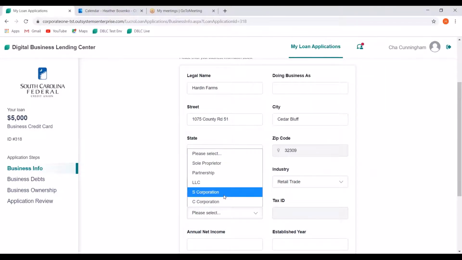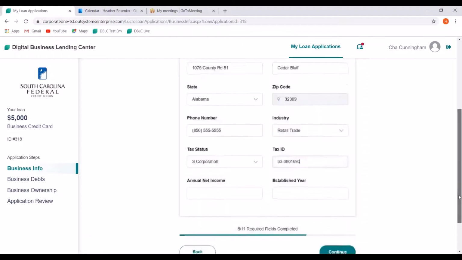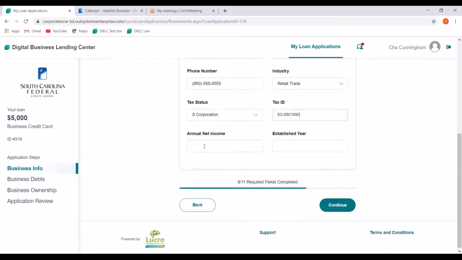Tax status, depending on what you pick, the portal will understand. If you picked an S Corp, then it's going to prompt the borrower, if needed, for business tax returns, where if you were to have picked a sole proprietorship, for example, it would understand that there are not going to be separate tax returns for that business in particular, and it will only ask them for personal tax returns. So we'll just say,